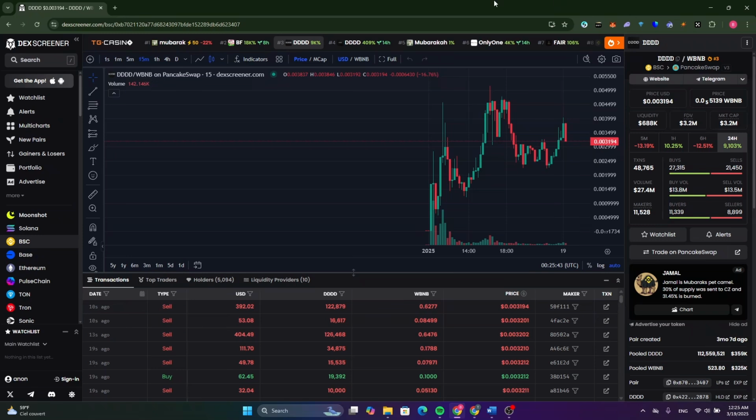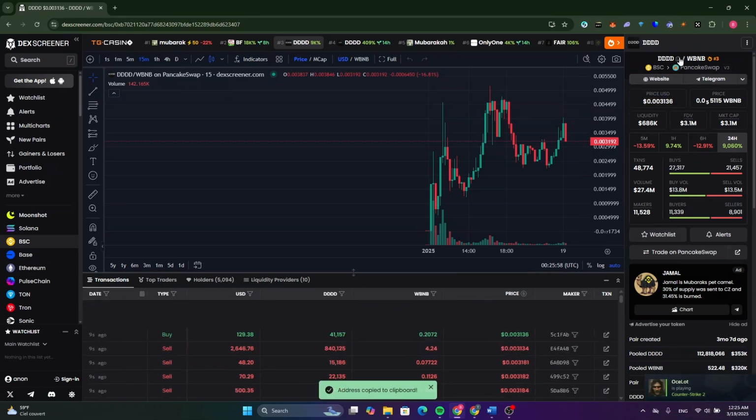Now, as you can see, this token is available on the screener. It's created 3 months ago and increased by 9,000% in less than 24 hours. This token is trending number 3 right now in the BNB Smart Chain section. To be able to buy this token, you can copy the token address from here